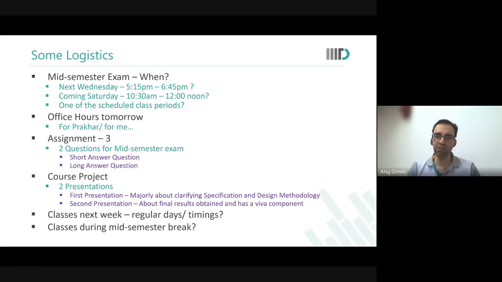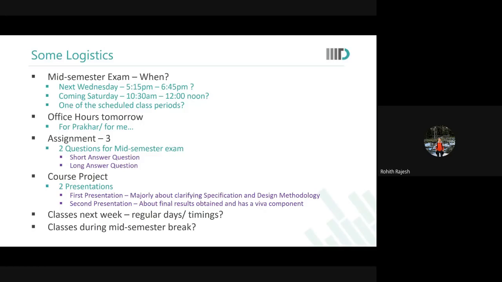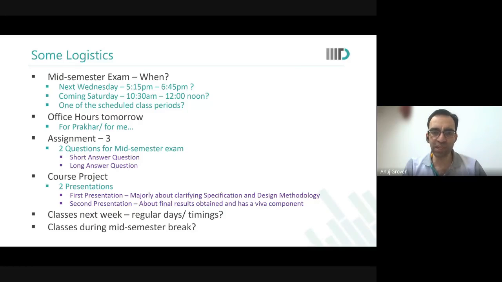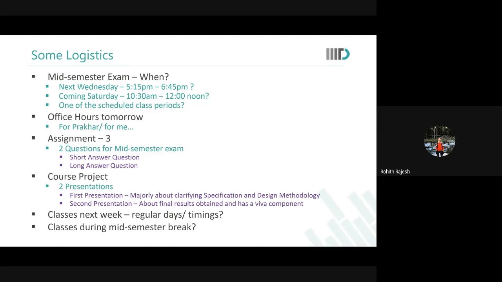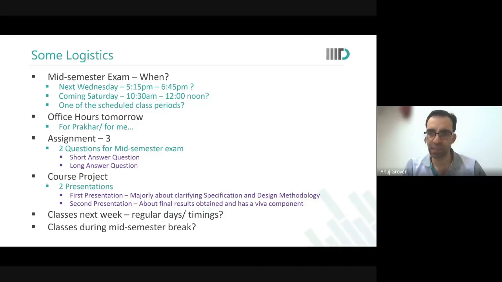Okay, I doubt that anyone would have a class from 2:30 to 4 and then 4 to 5:30, both the slots. Yes, sir, we have an EVS class from 2:30 to 4 and ML from 4 to 5:30. So then you anyways have 2 other office hours that you can reach out to Rohit, is it not? Yes, sir. And office hours, yes, will anyways be recorded. Okay, so I will anyways let Prakhar check with you guys. If that timing is not convenient for him, he will get back to you. Otherwise, we can keep his hours from 3:30 to 4:30 on Thursdays.